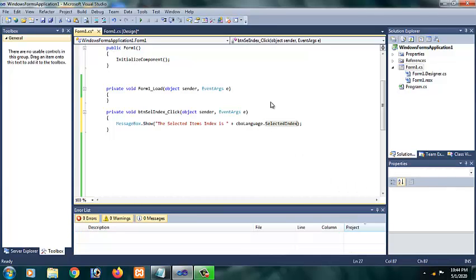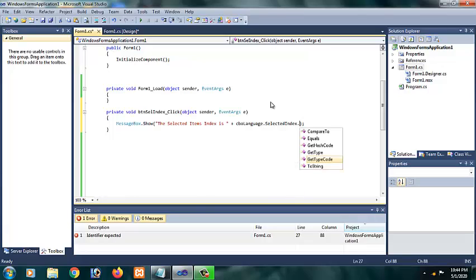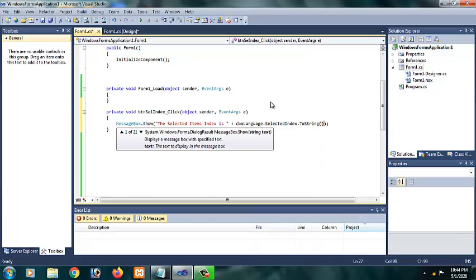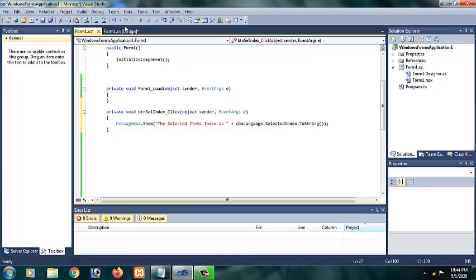This returns the value with the return type as integer. The return type is integer here. So you have to convert that to string, since it is a message box. So give ToString of, which converts the integer to string. Fine.